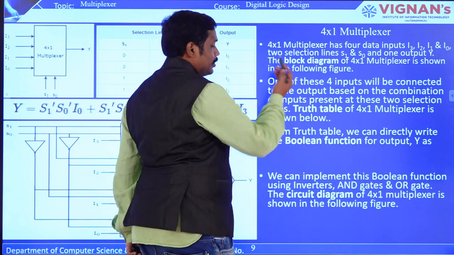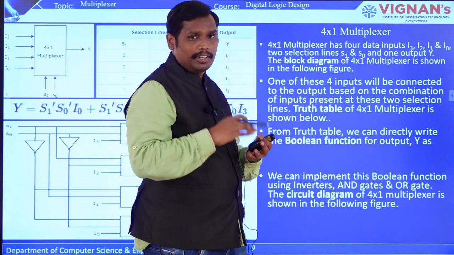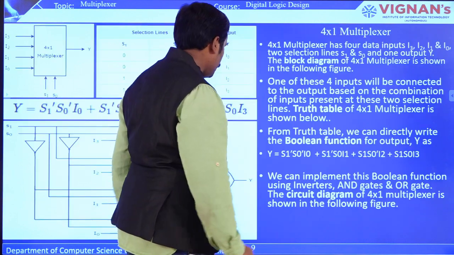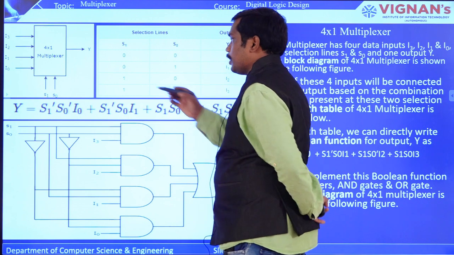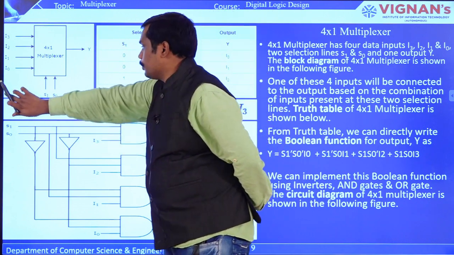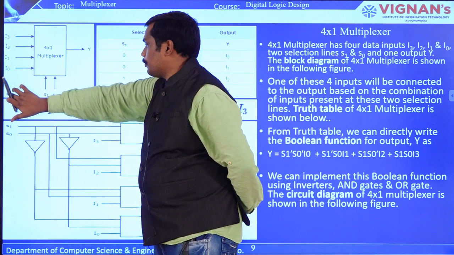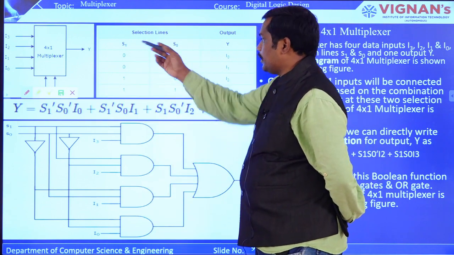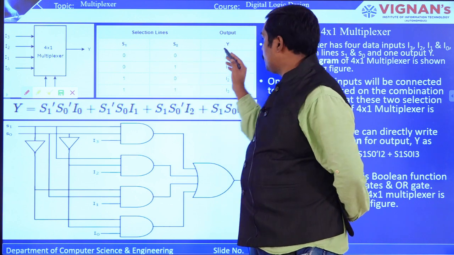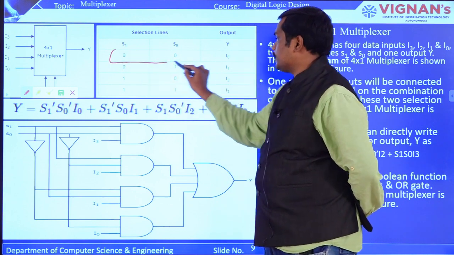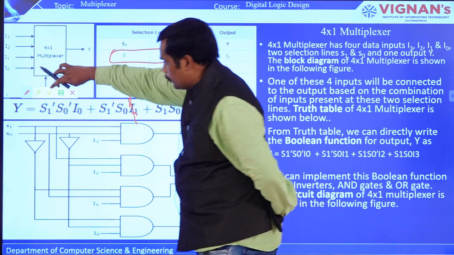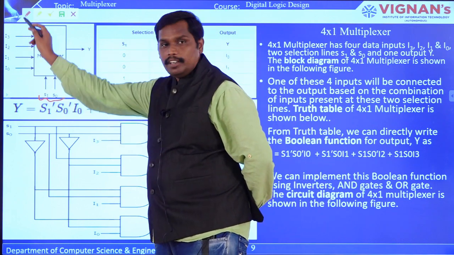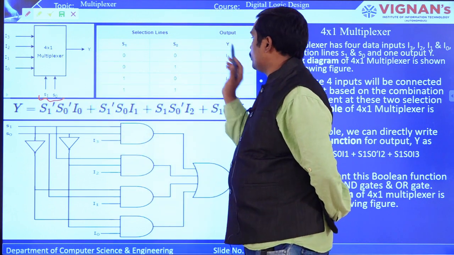4x1 multiplexer. Here you can see the same format: the block diagram, the truth table, Boolean functions and logic circuits. So you see here, this is the block diagram that you have taken for the 4 by 1 multiplexer. In this multiplexer, you can have the selective lines. Based on the selective lines, you are going to have a final output. You can see here the selective lines are 0, 0, which means you are going to have only one of the lines as the input line. So that is how you are going to represent it here.